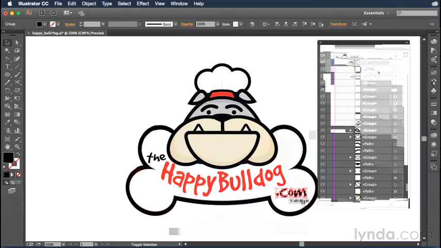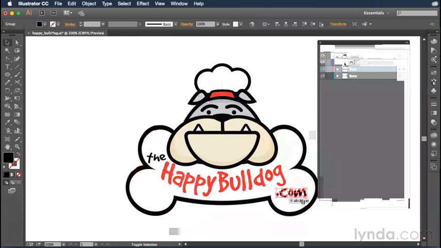A little bit later on, when we start talking about isolation mode, I'll show you how to open up a grouped object like this and get control of the individual objects without actually having to drill down into the layers panel. Like I said, there are some things that are best left alone, and a group this complicated is probably one of those things. So in this case, I'll just double-click where it says Group, call this Bulldog Head, and hit